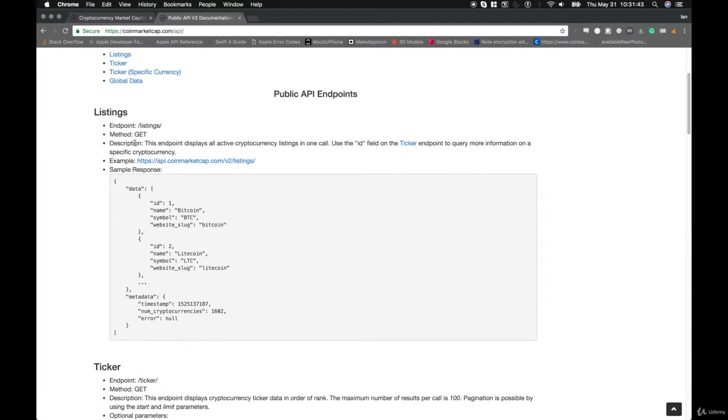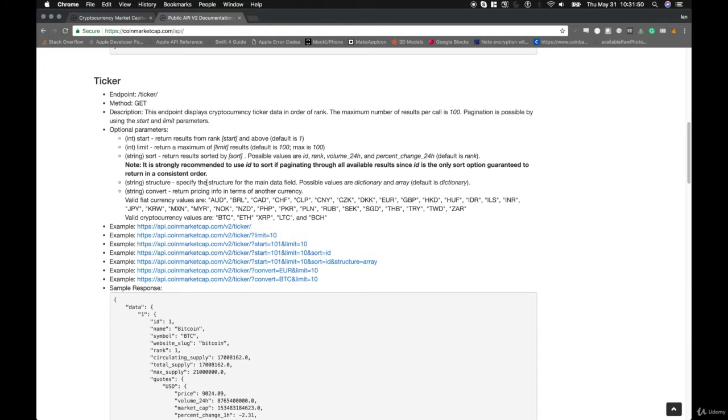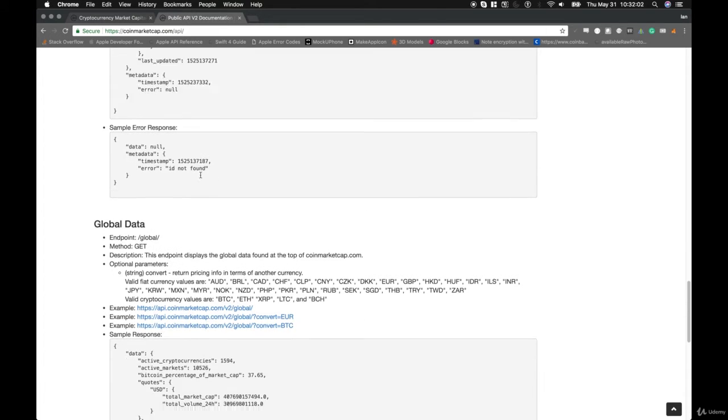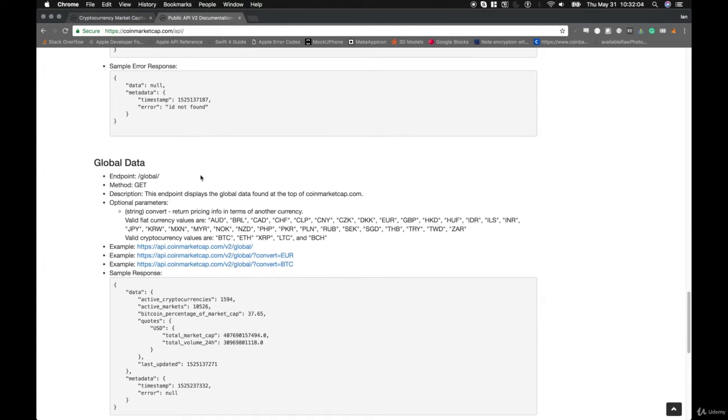These are the listings endpoint, which allows you to access all active cryptocurrency listings in one call. The ticker endpoint, which allows you to access cryptocurrencies in order of rank. The ticker for specific currency endpoint. This will allow you to access detailed information about specific cryptocurrencies. And finally, the global data endpoint, which allows you to access information like the global market cap and the global